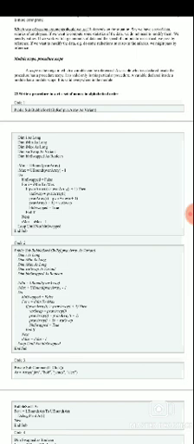Do, swapped equal to false, for i equal to iMin to iMax, if p variable array of i is greater than p variable array of i plus 1, then variable swap equal to p variable array of i, p variable array of i equal to p variable array of i plus 1, p variable array of i plus 1 equal to variable swap, swapped equal to true, end if, next i, iMax minus 1, loop until swapped, end sub.